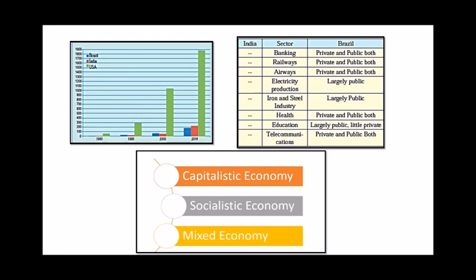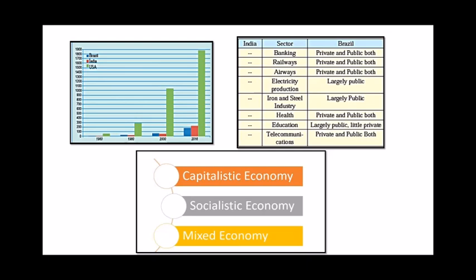Now moving ahead, we have a table which is showing the ownership of various sectors. Last year we have studied about the 3 types of economies, that is capitalistic, socialistic and mixed economy. Even in Brazil and India, both the countries are practicing some kind of economy. So which is that economy? Both the countries have adopted a mixed type of economy, that is socialistic as well as some part of capitalistic. Both are having socialist and private